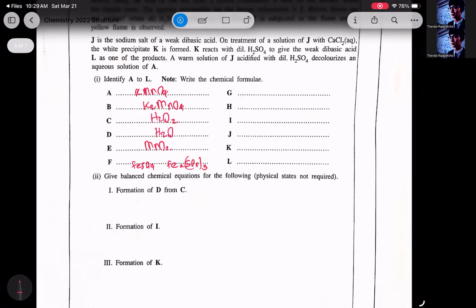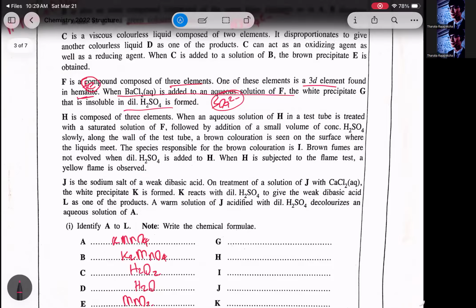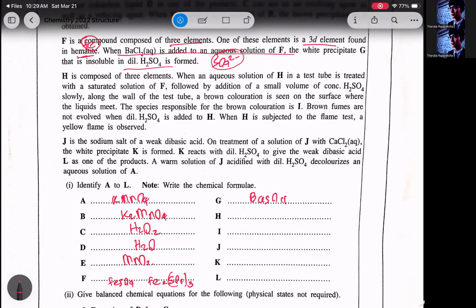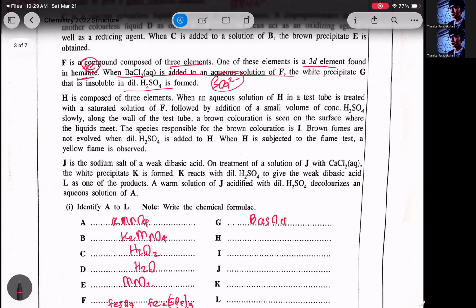White precipitate G is barium sulfate. And H is going to be the next one. H is composed of three elements. When aqueous solution of H in a test tube is treated with saturated solution of F,